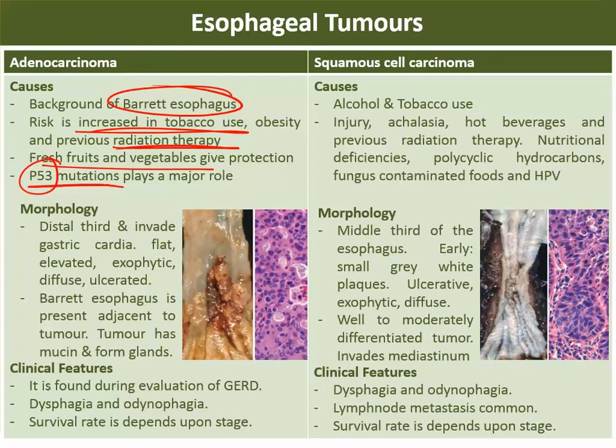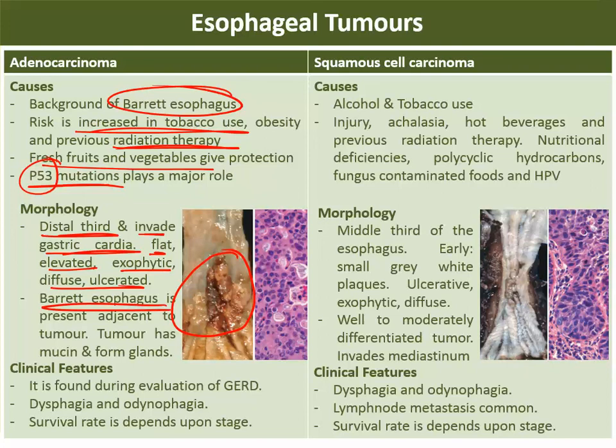Now coming to the morphology, you can see the tumor in the lower one-third. So the distal third is affected. It can invade the gastric cardia. Okay, the cardiac part of the stomach will be affected. It can be very flat, elevated, exophytic, any different type of lesion. Most commonly it is ulceroproliferative, and you will be seeing adjacent areas of Barrett esophagus,